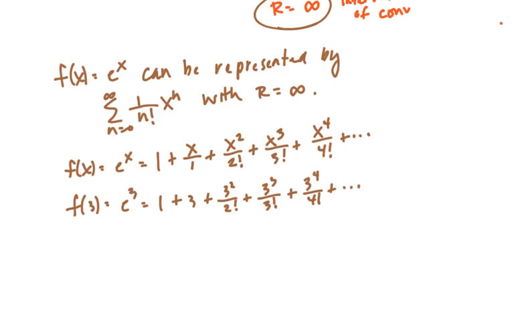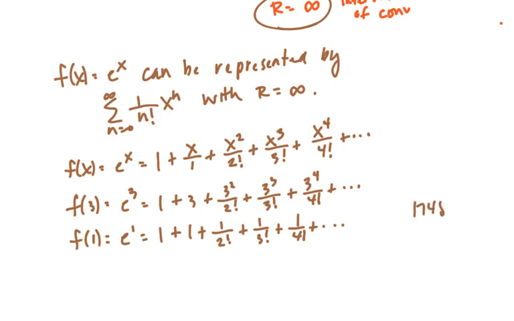Because it can be represented as such, then it works. If you let f of 1 equal e to the 1st, then you would let x equal 1. So we say 1 plus 1 plus 1 over 2 factorial plus 1 over 3 factorial plus 1 over 4 factorial, and so forth. What's interesting is in 1748, interesting year, Leonhard Euler, his name is spelled Euler,